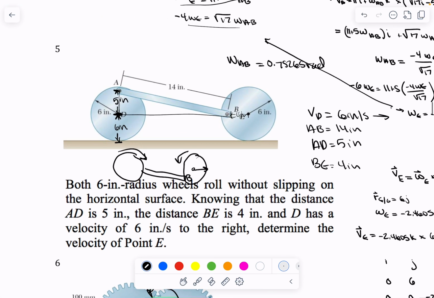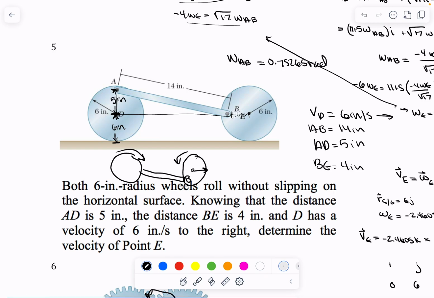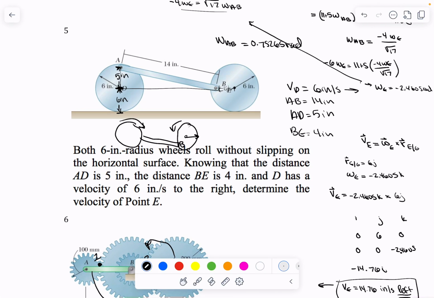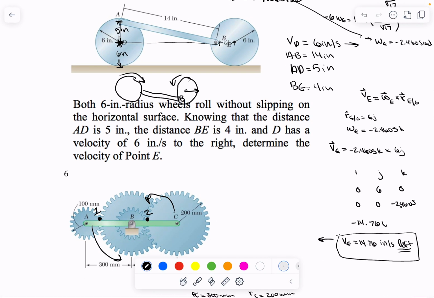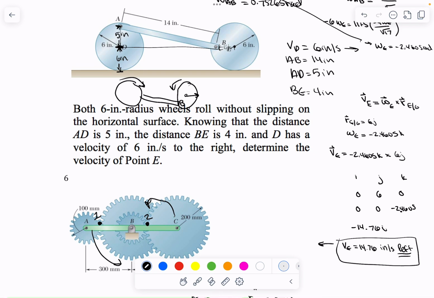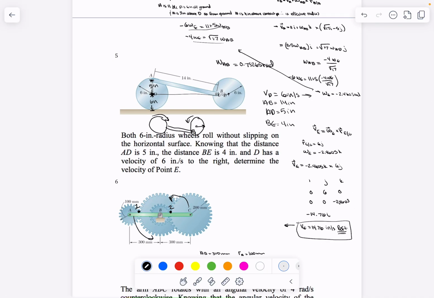And I was just thinking about it this way. If these two were connected like how they were, and A is going to the right, it would force this bar to come down, pushing point B down, this whole right side would shift to the left, pushing point E to the right. So I'm not sure how it's going. Or pushing point E to the left. Sorry, not right. I don't know, maybe I'm thinking about that wrong, but